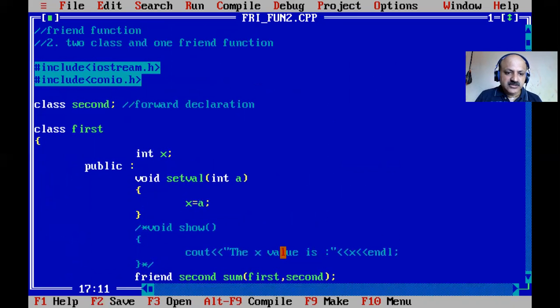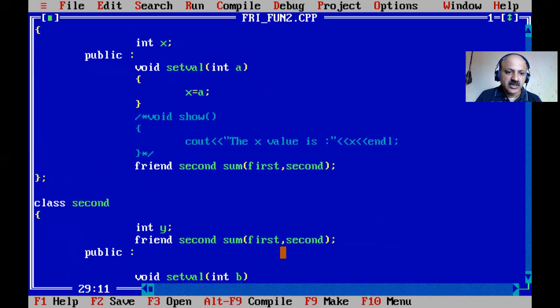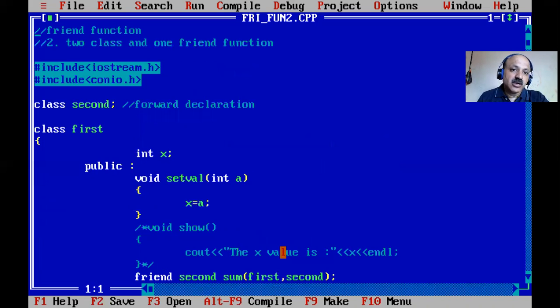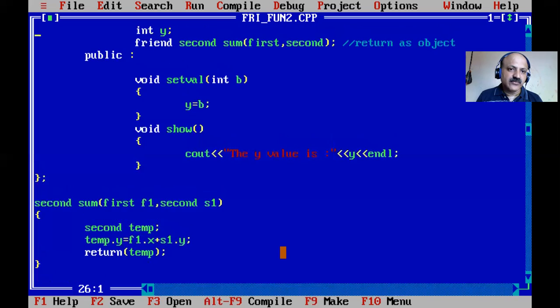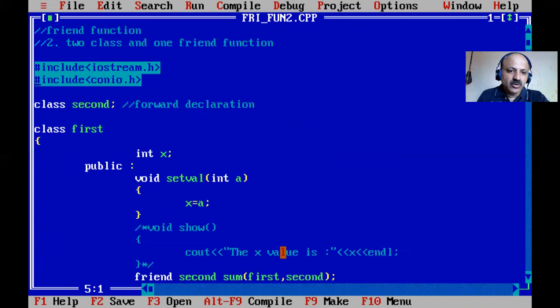So here we can use the first class return data type in both friend functions, and now we can define the second class as an object return data type. So here that is also important: object, or we can say return as object in both. So return as an object and function argument must be in the friend function. That concept is already covered, object as function argument. But return also, in my previous video lecture I also covered return as an object. So friend one class and one friend function. So yes, I think there is no question about this